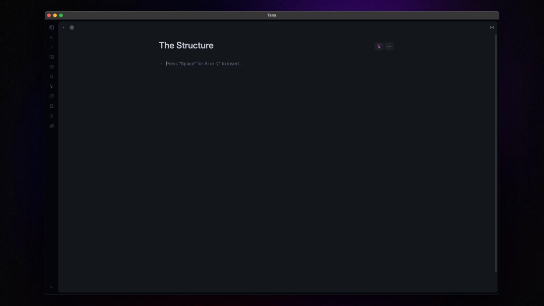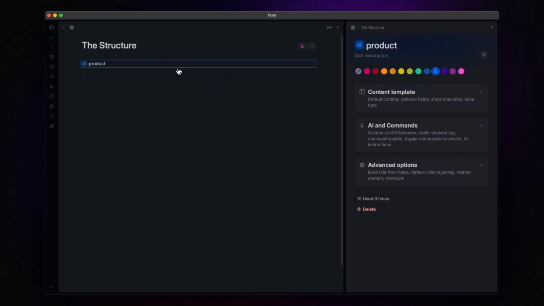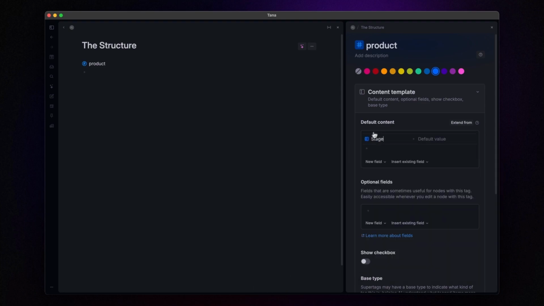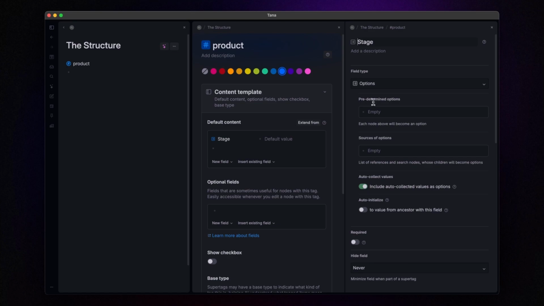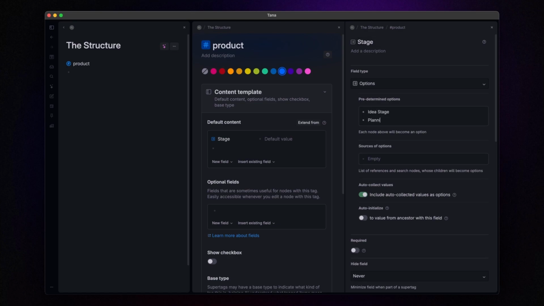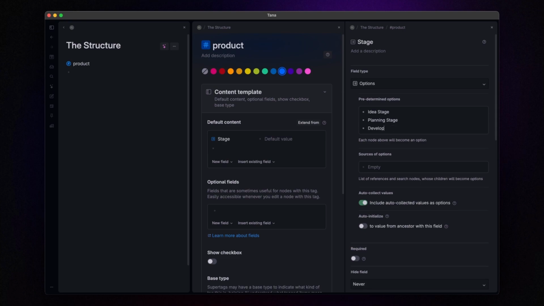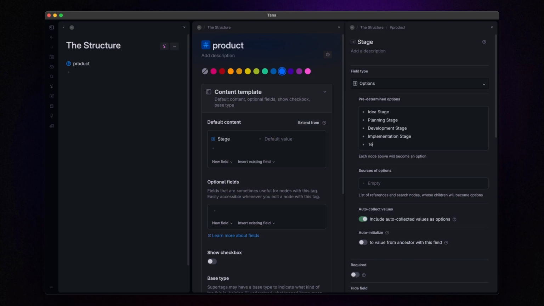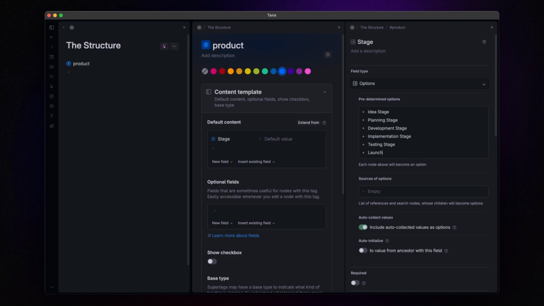Imagine this, tracking product development with predefined stages, each unlocking a specific checklist to keep everything on track. To set this up, the first step is creating our product super tag. For the fields, we'll need an options field called stage, which will represent the various phases of product development. Stages will be idea stage, planning stage, development stage, implementation stage, testing stage, launch preparation stage,